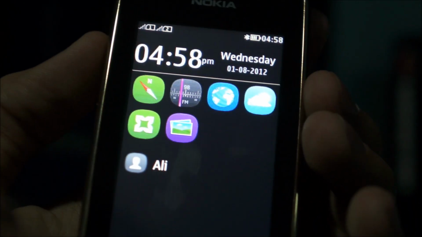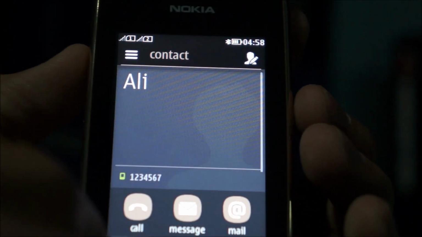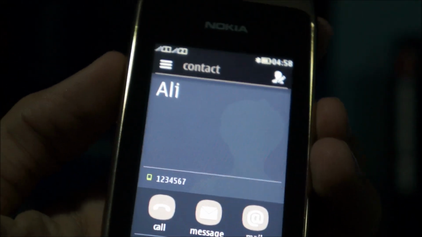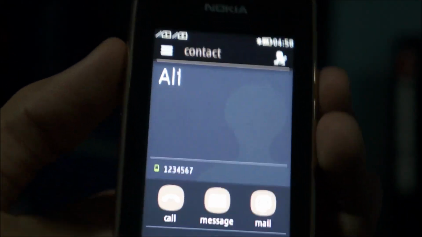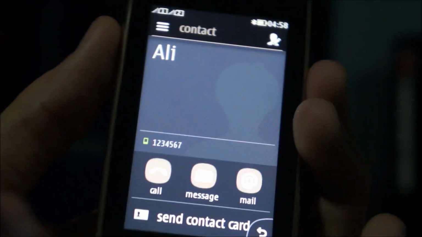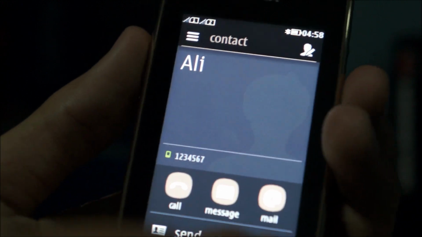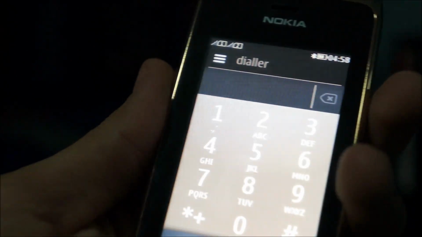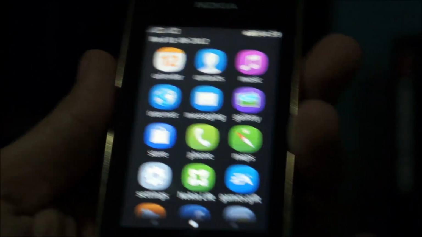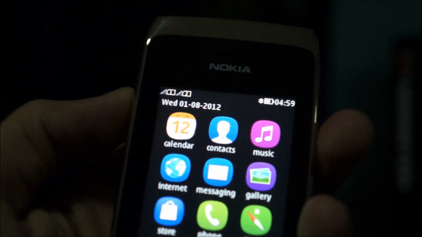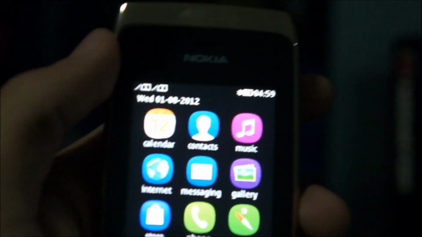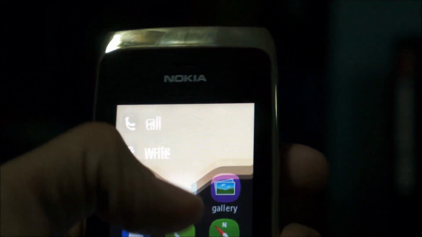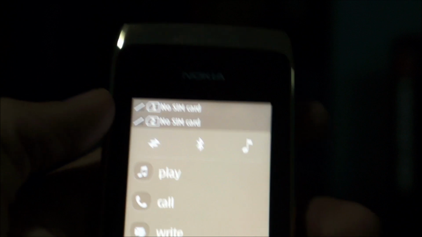And once my contact's there, I can instantly tap to get access to him. So that's a really cool function, especially when you're considering that this is a very budget-friendly device. So you're getting a lot of cool functionality at a very cheap price. And when you're in any other screen, usually pressing the end button will take you back to the menu or app drawer. The other cool function is the notification bar, or the slide down bar from the top,